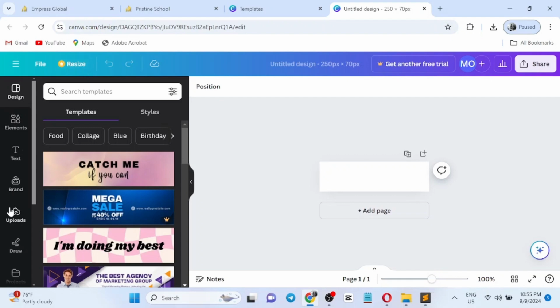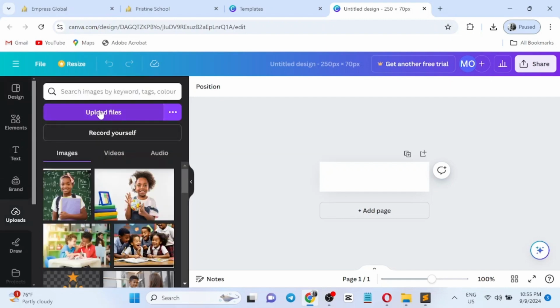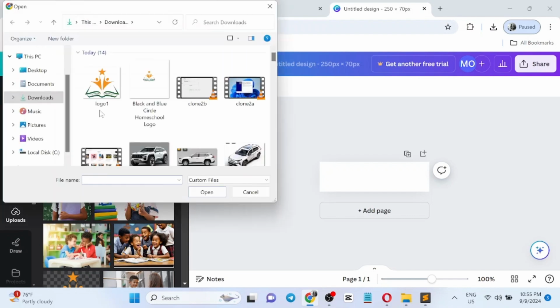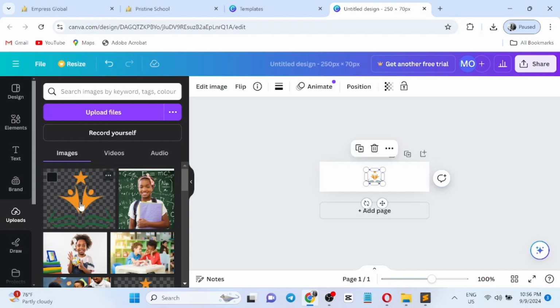Okay, so I'll just come right here to my upload. Click upload. All right, then upload files. Then bring this logo one into it, then open. So the logo one will load out right here. Okay, we have it now. I'll click it and then expand this one. Expand it very well,